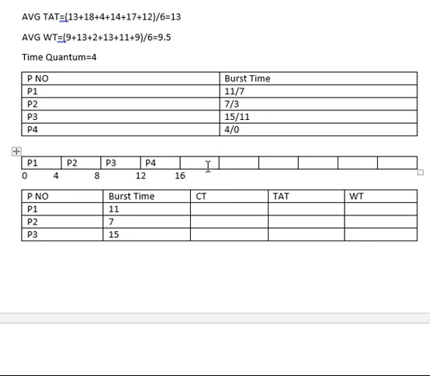So the next process in the queue will be going back round to the first process, that's your P1. So P1 is still pending, so I'll place P1 over here, and burst time is 7, so 7 minus 4 will be still 3 remaining, so 16 plus 4 will be 20. Next we have P2. P2's requirement is 3 but quantum is 4, so we will allocate entire P2 over here, and allocation would be only for the 3 time units, that's 23.